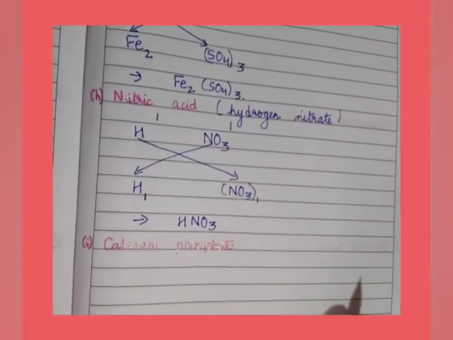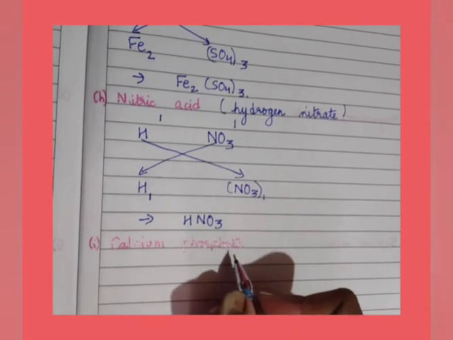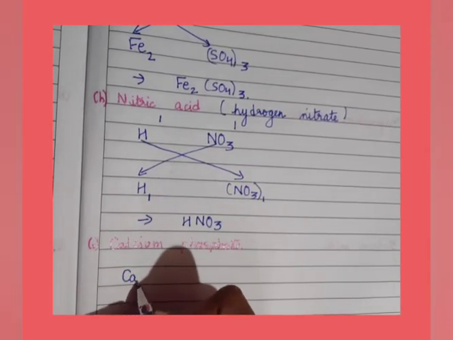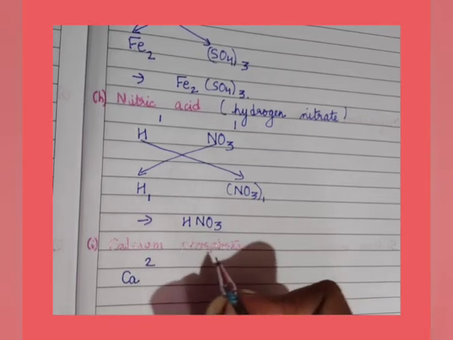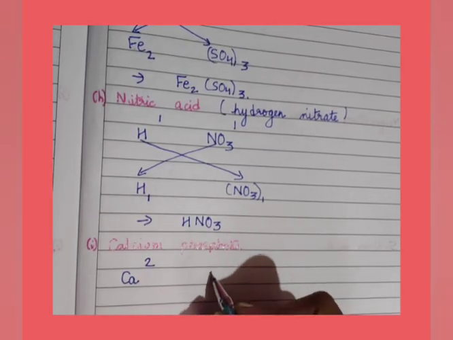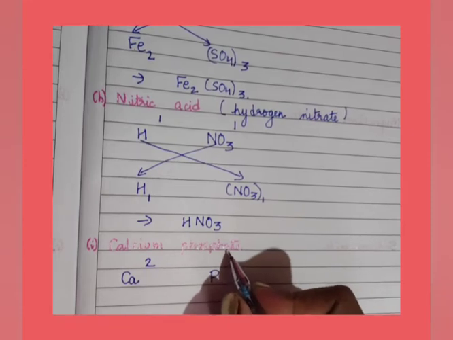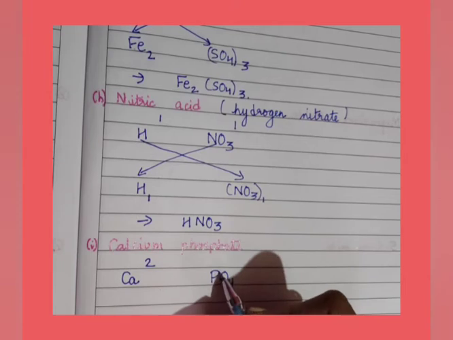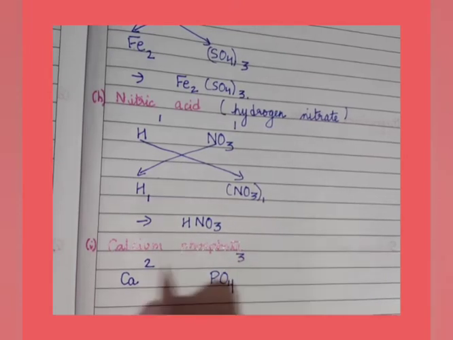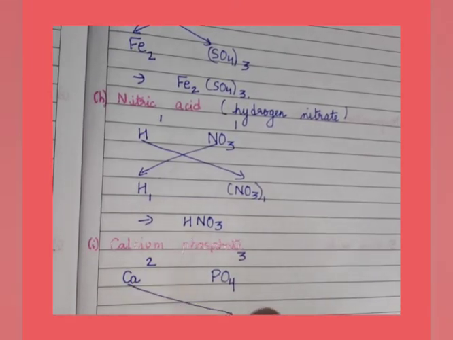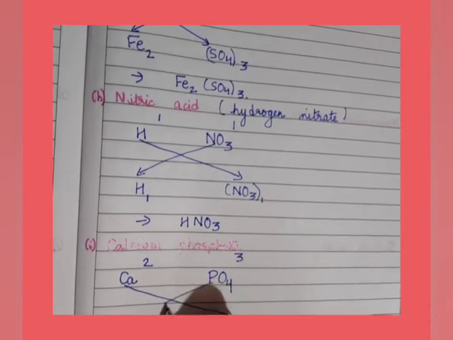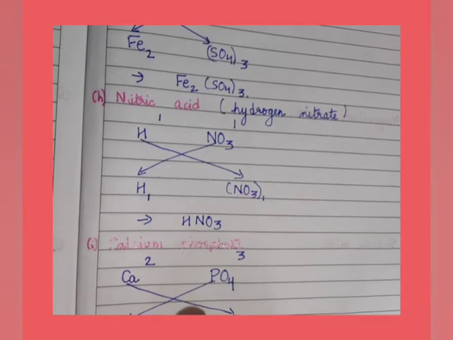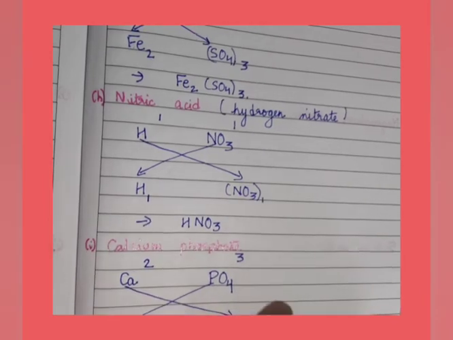Okay. Next comes calcium phosphate. Calcium. What is the symbol? Ca. Valency 2. Phosphate. What is the formula of phosphate ion? PO4. And its valency is 3. So we interchange the valencies. So what do we get? Ca3, then